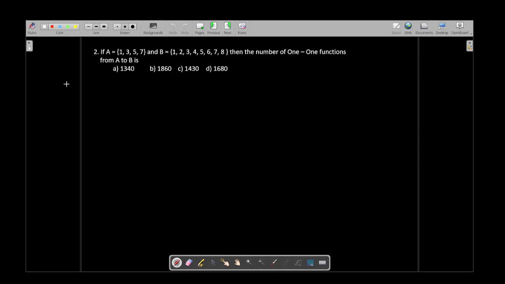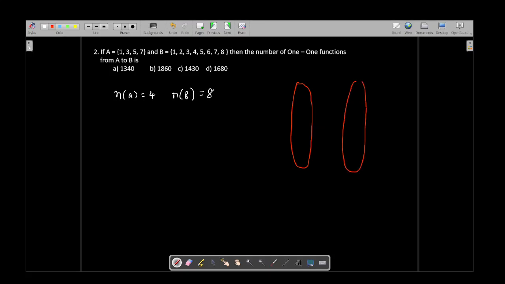Next problem. So here we have the number of elements in A as 4, and the number of elements in B as 8. So here we can proceed in a similar way. We have 8 elements in set B, 1 2 3 4 5 6 7 8. We have 4 elements in A, which are 1, 3, 5 and 7. So the first element will have 8 options. So the number of one-one functions from A to B